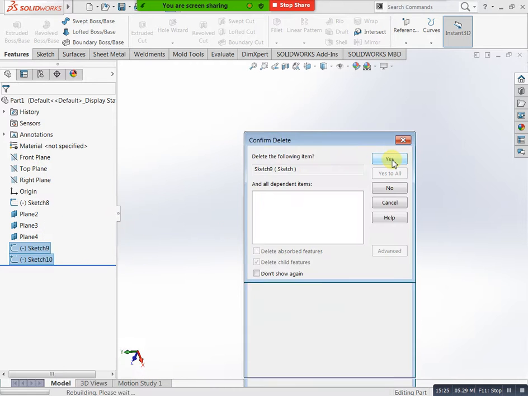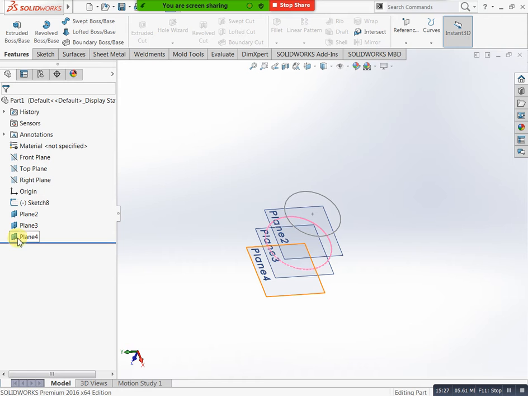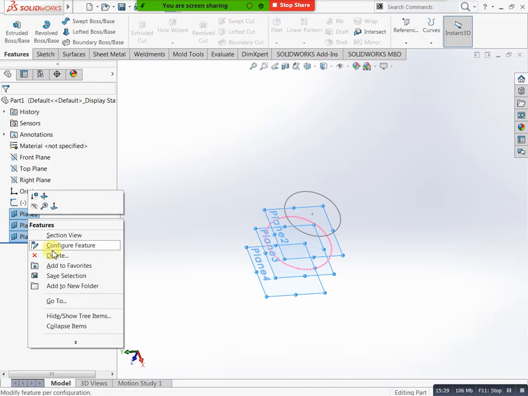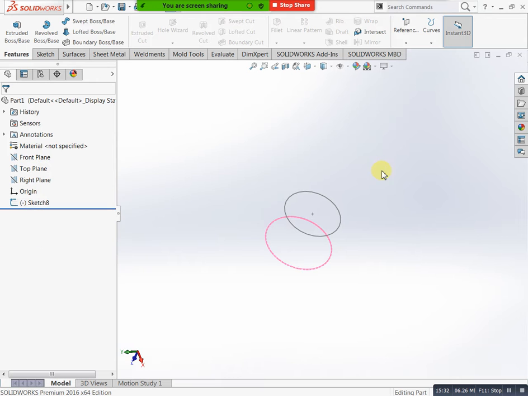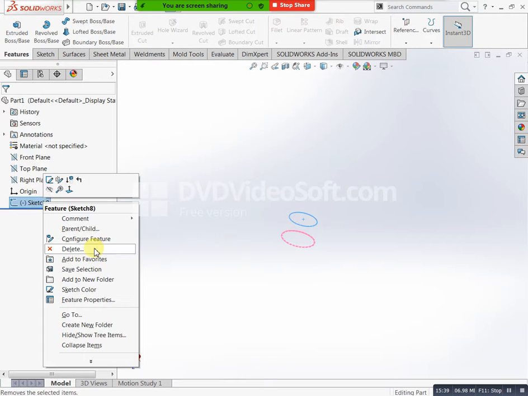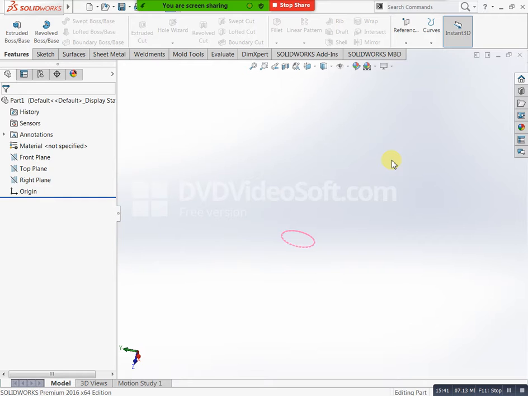For example, in the machining sector or machinery manufacturing and fabrication, we are using it only for tapered models. When you go with plastic molds or castings, that type of situation needs plastic models, and those plastic models are different. In that type of situation you can use loft boss or base. But normal mechanical industries are using this loft boss or base only for tapered models, not for the remaining.